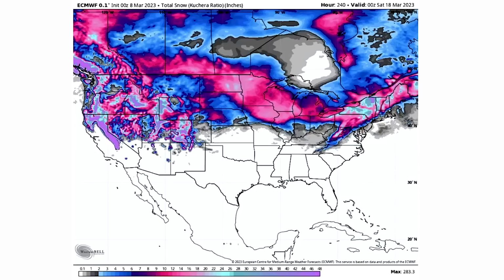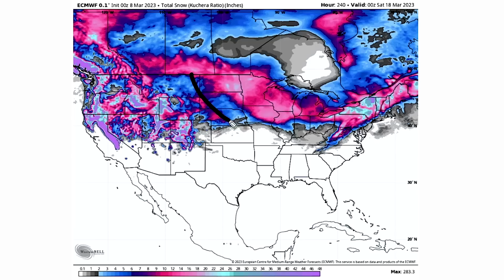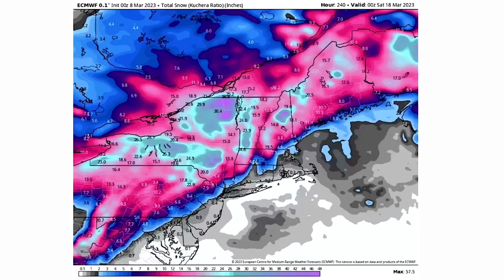Now, the total snowfall here, we can see that there is a regular amount expected here for the Rockies, Cascades, Sierra Nevadas. But once we take a look at these upper Midwest regions into the Great Lakes, we see especially interesting amounts here, 10 to 20 inches here for a lot of North Dakota, South Dakota, Minnesota, Iowa, Wisconsin, Illinois, Indiana, Michigan, Ohio in here as well. And then as we take a look at the Northeast, which I'll actually zoom into here, we can tell that